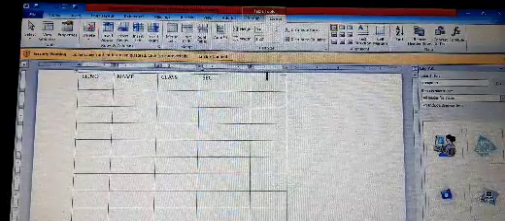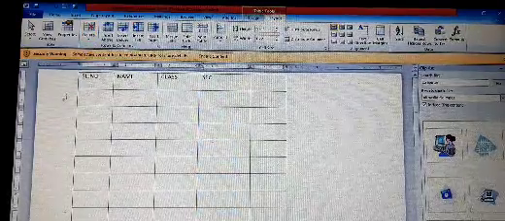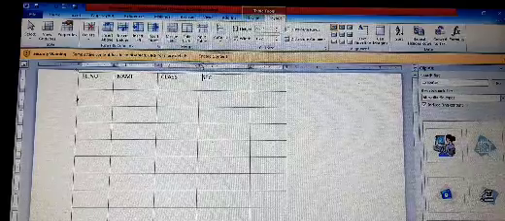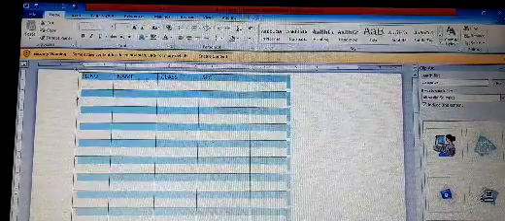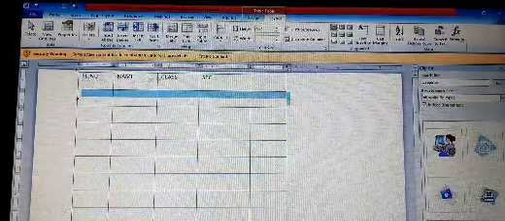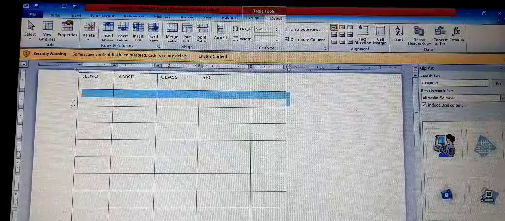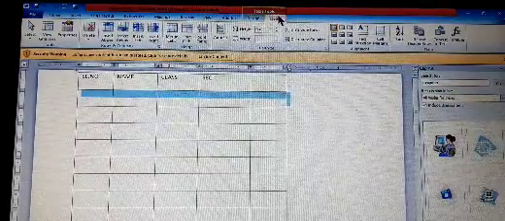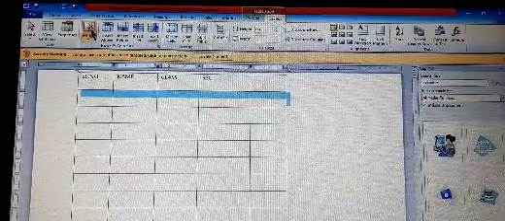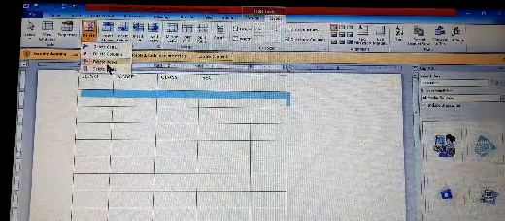Like this we can delete rows also. Select the entire rows to be deleted, then table tools layout, delete rows.